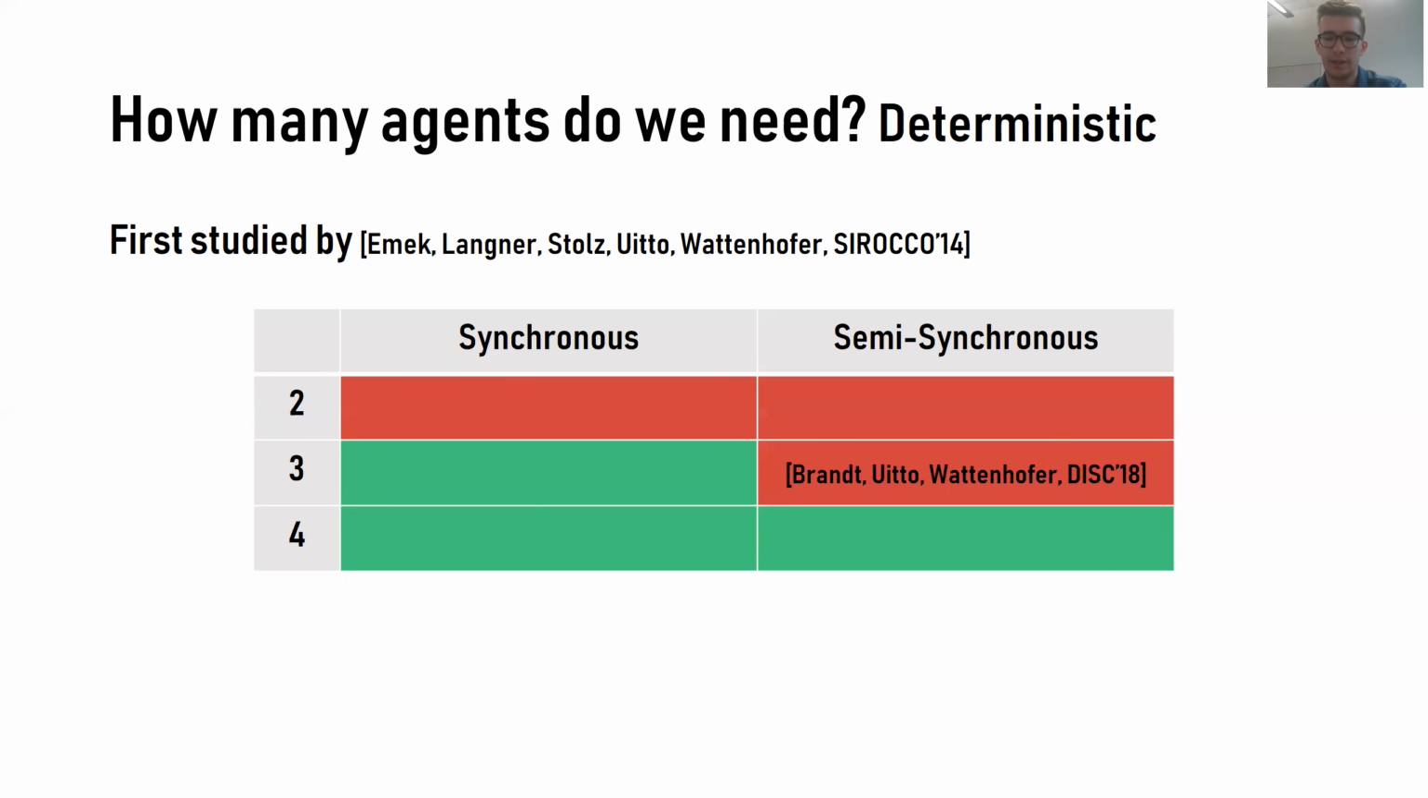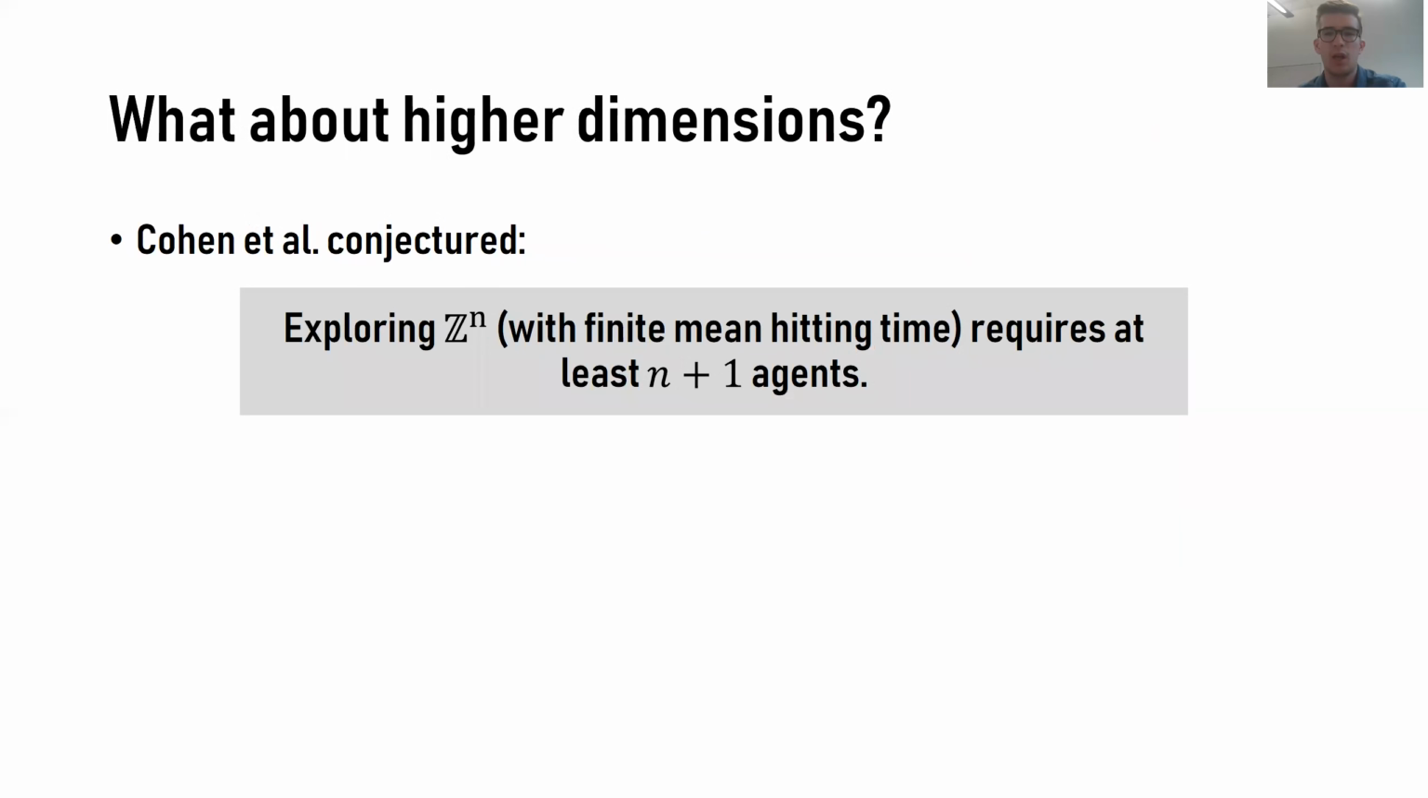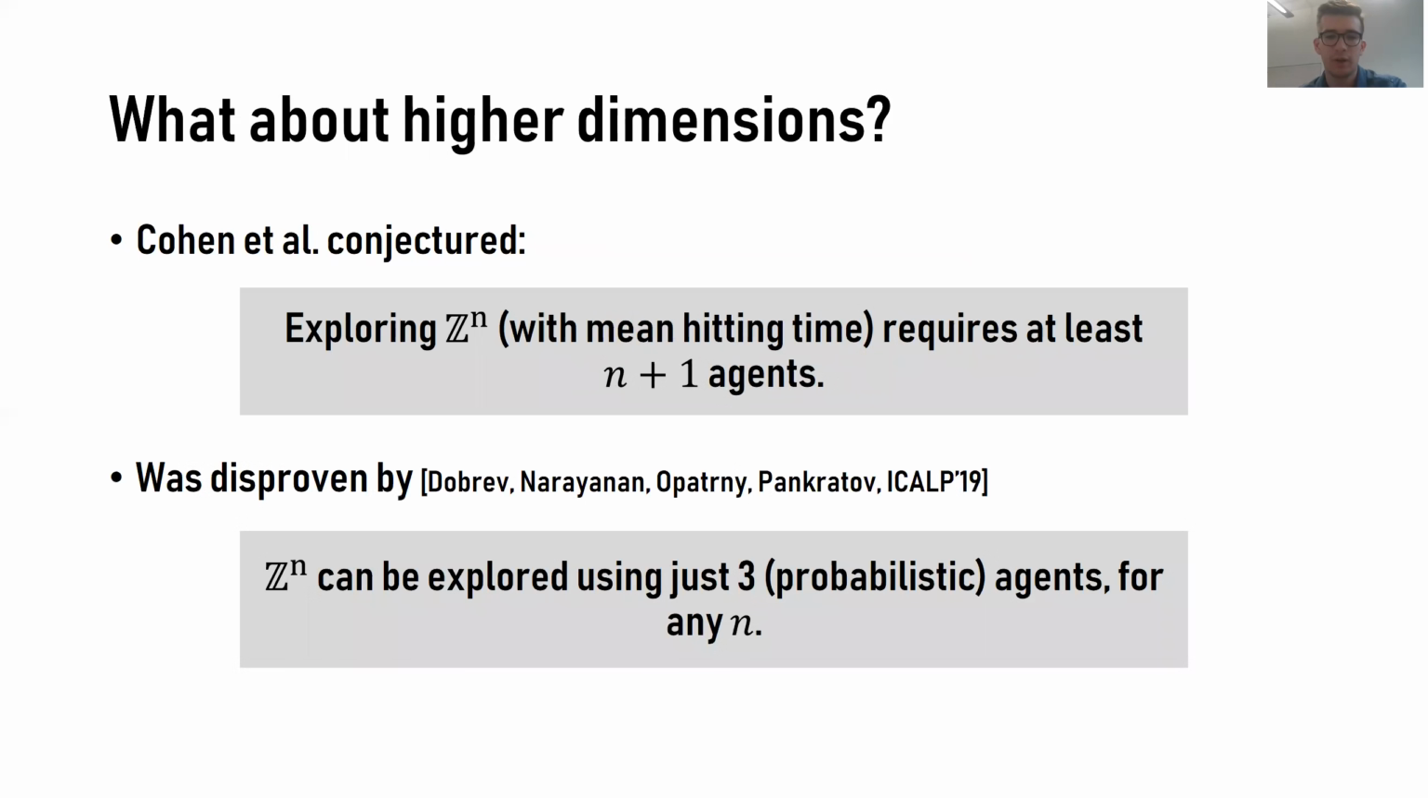Now, as I said, the problem we are interested in is how does this picture look in higher dimensions? So Cohen et al. actually conjectured that exploring the n-dimensional grid with some mean finite hitting time, so this is only relevant for randomized protocols, we will only consider deterministic agents, requires at least n+1 agents. So in the 2-dimensional case, this makes sense, right? We have 3 agents, so for 4 it should be 5 and so on. However, this was